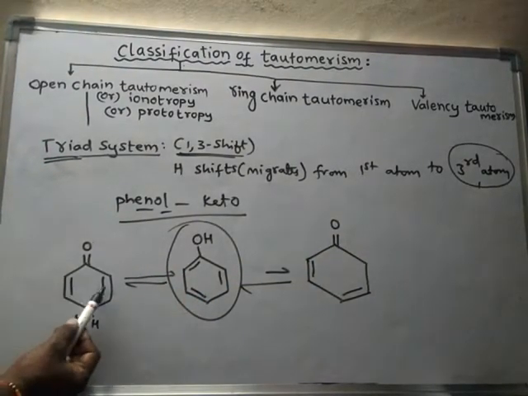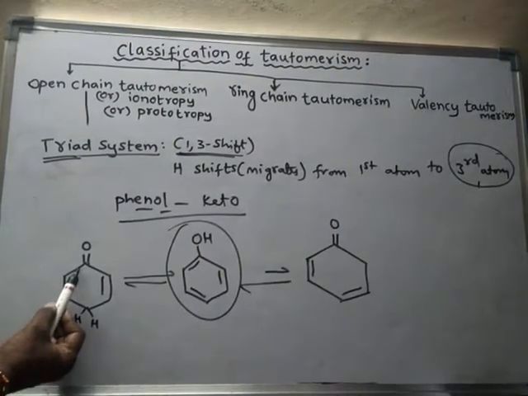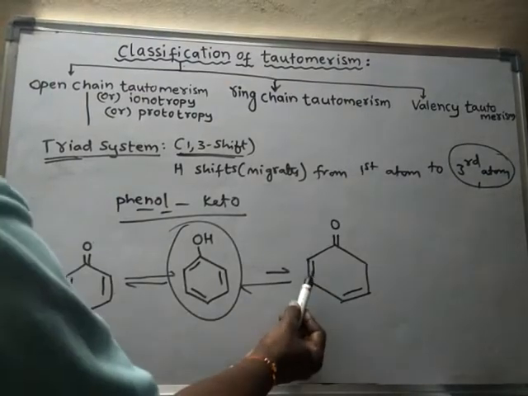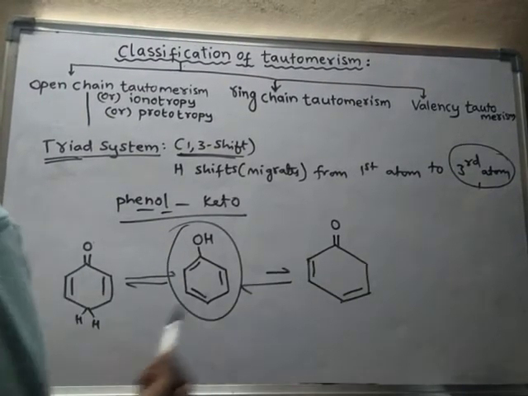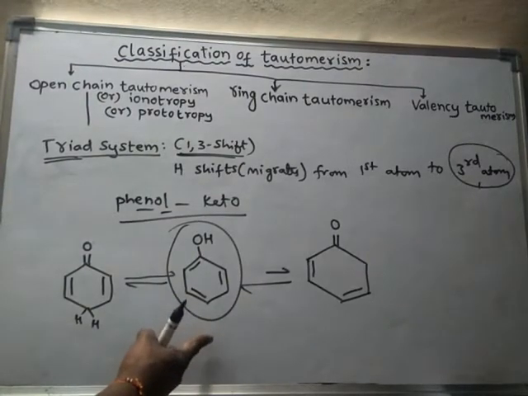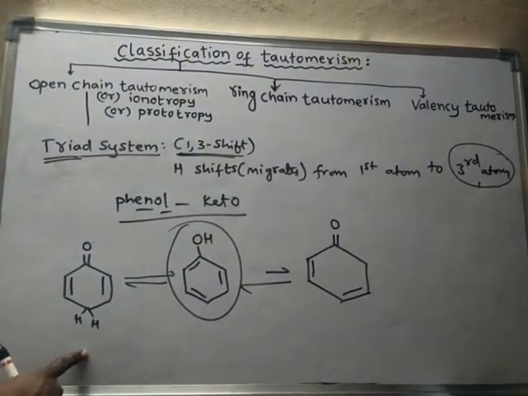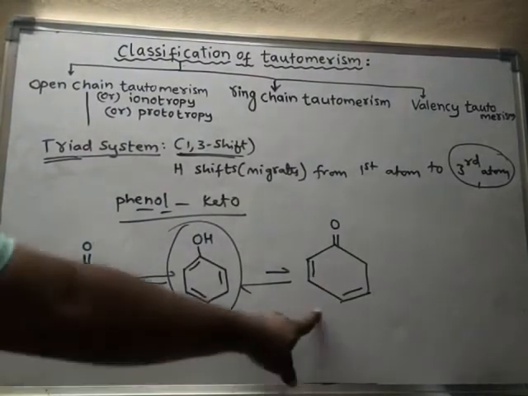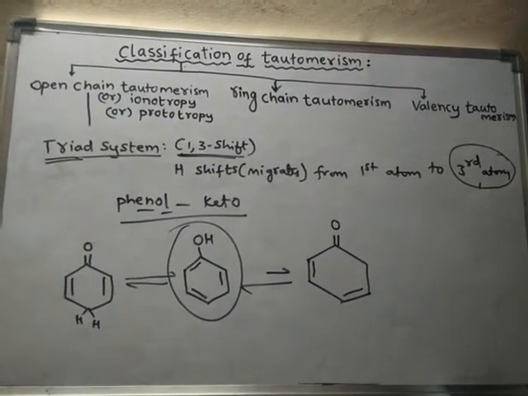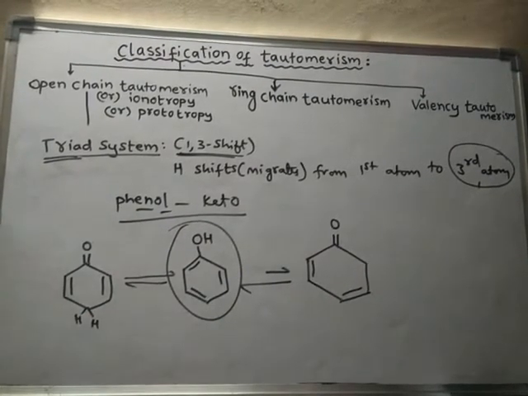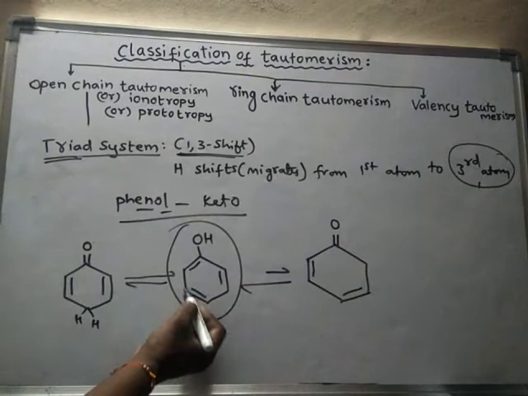See here, opposite: between a double bond there are two single bonds. But here, between the double bonds there is only one single bond. So this is another tautomeric form of phenol. This is one tautomeric form of phenol. This is another tautomeric form of phenol. But these two are less stable forms,